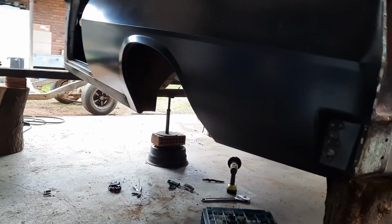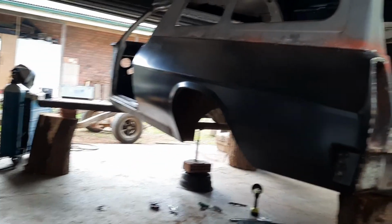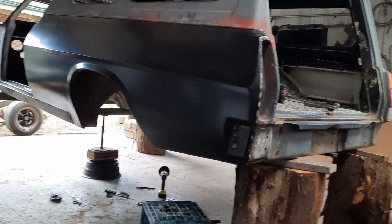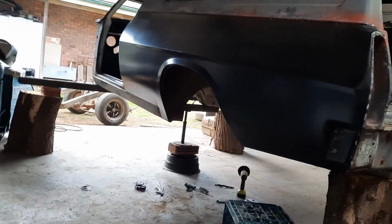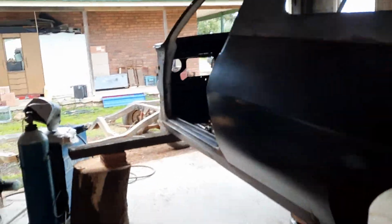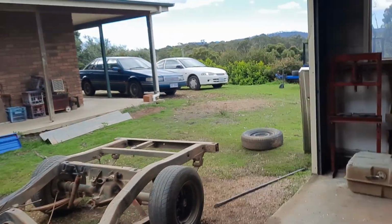Okay, g'day again. Right, as you can see, we've now got the van shell off the chassis. Before I took it off, as I mentioned in the last video,